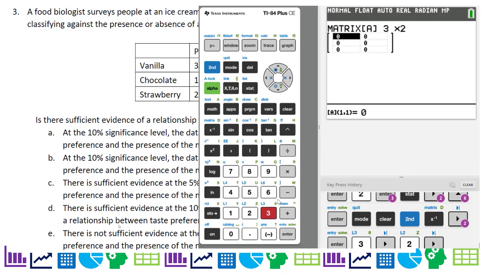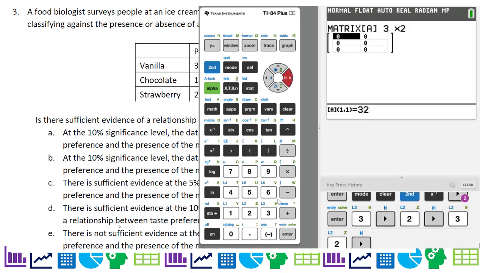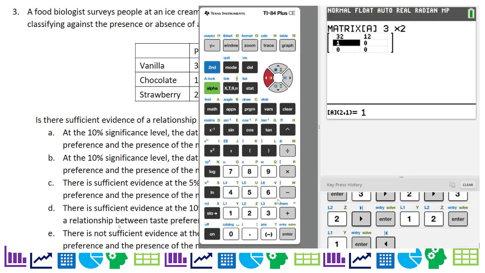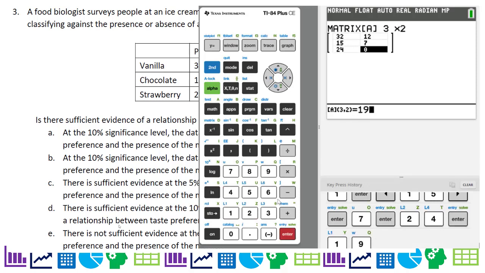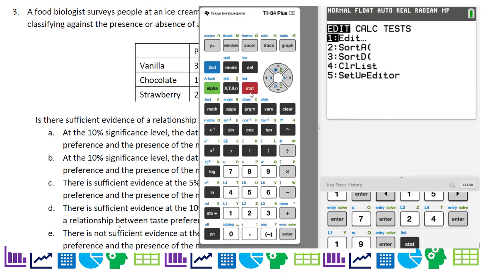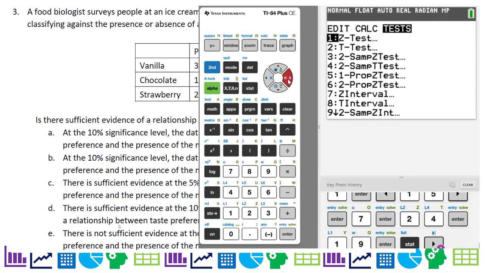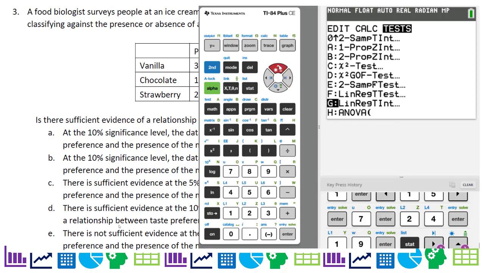And I'll just put in all of my values in 32, 12, 15. Oops, pretend that's 15. Then we have 7, 24, 19. And my matrix is set. And I'm done. So now I'm going to go ahead and hit stat, test, and go back to that chi-square